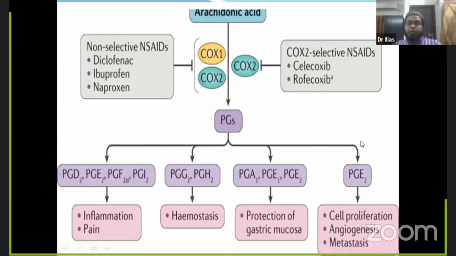Okay, so I mentioned over here how NSAIDs work in our body, how they reduce pain and inflammation, how they interrupt the hemostatic mechanism, and how they produce gastric mucosal irritation. All these things are described over here in a nutshell, but I am not going to discuss this because you studied all these things in the 4th year and 3rd year in the pharmacology course.